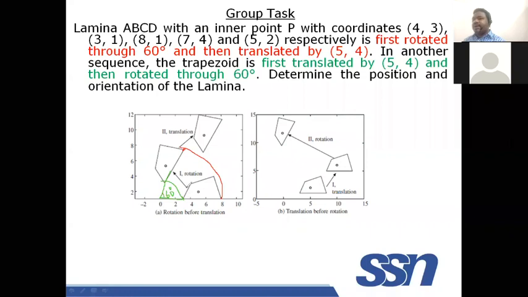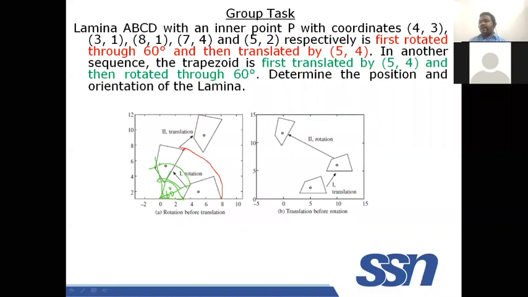Similarly, from this point and this point, you can connect with. See, this is the point. This point I am interested in. From this particular point, I have to make a circular arc like this. From this line, I have to measure 60 degree. And I have to draw this line so that I can fix this point. Likewise, all the 5 points are shifted with respect to origin. I rotated with respect to origin 60 degree.